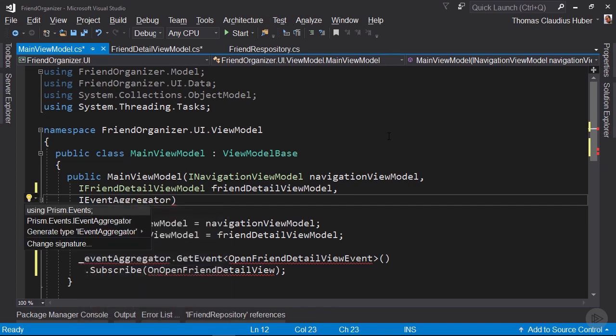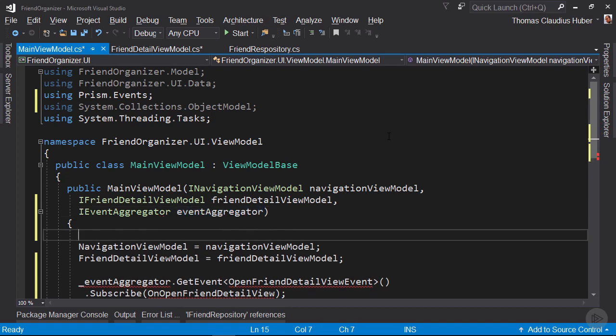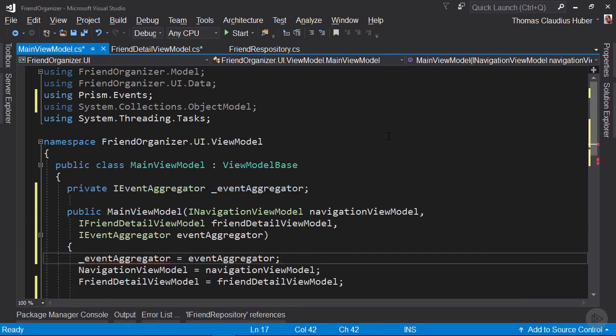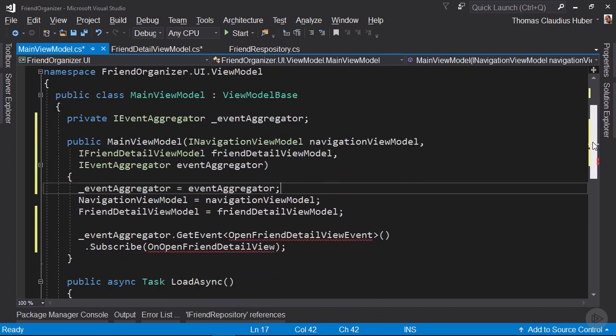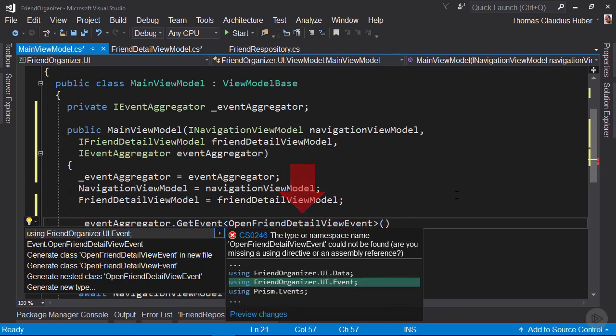So let's add it here. Let's add a using for Prism events and let's call the parameter EventAggregator. And I just store it in a field, underscore EventAggregator. Let's generate the field in the main view model. I click on the OpenFriendDetailView event and I press Ctrl+. to add a using directive for Friend Organizer UI